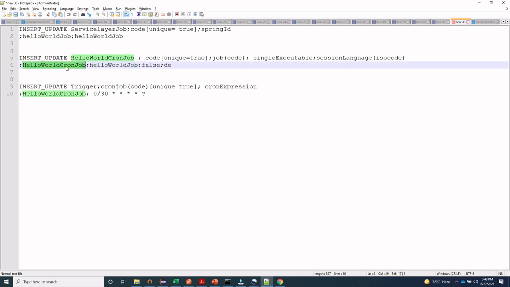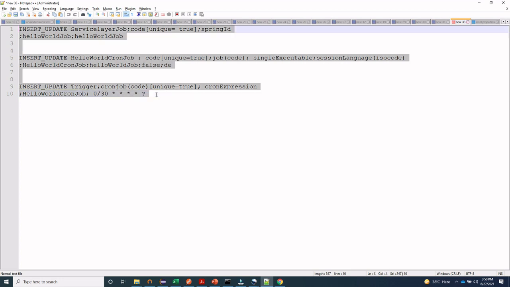So here we are in the item type, right? With this we are associating this hello world job, and as in the architecture I have shown you, the trigger is always associated with the cron job. So here we are associating this trigger to this hello world cron job. Indirectly this trigger is responsible for executing the business logic which we have defined in this hello world job. In the cron expression, this job will run every 30 seconds, right? What this does is print hello world.